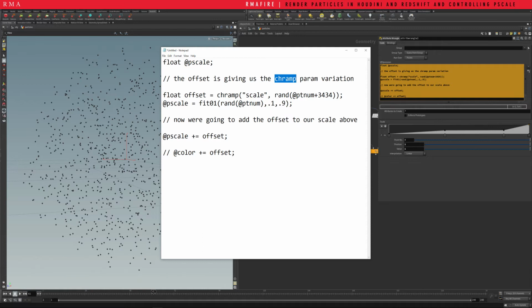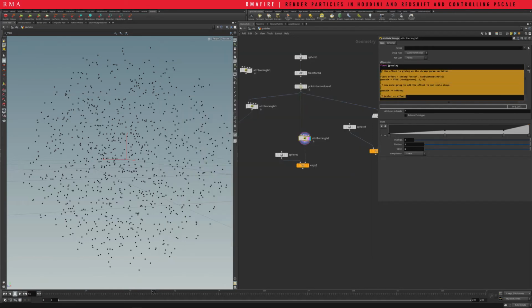Okay, so we have the pscale, and then the offset is giving us the possibility of offsetting the scale on our particles. So we have the float offset, and this has a tramp. Remember, a tramp is basically the option of creating this. It's allowing us to create this. So a tramp based on our scale, and then rand based on the pt num. And then our pscale, we're fitting it between our random and our pt num between 1 and 9. And then we're adding that to the offset. Okay, so when we put this here,